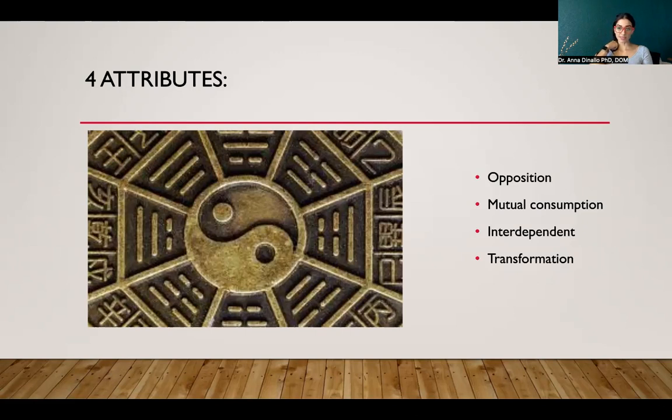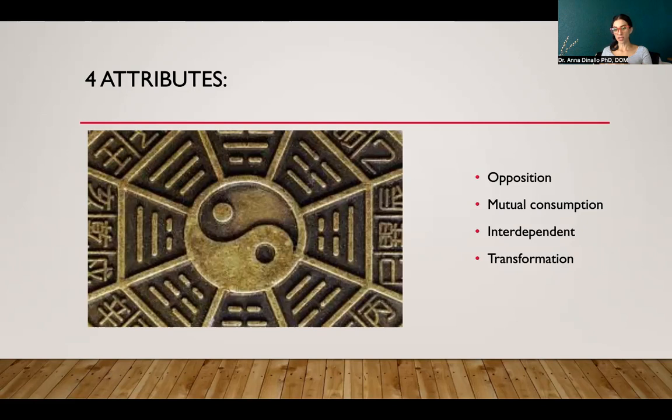The other aspect is that they're interdependent, and interdependency is the idea that they can't exist without the other. So we can't have the sun without the moon to have existence on this planet, right? We'd need both. Imagine if it was sunny and you had to sleep, right? Like if you lived in Alaska or something and it was only a little bit of yin time, like 3 hours a night, depending on the movements of the planets and the sun. It's like, oh my gosh, you would be up. So there's this idea that these two things need each other to exist.